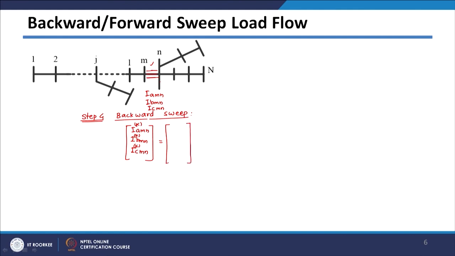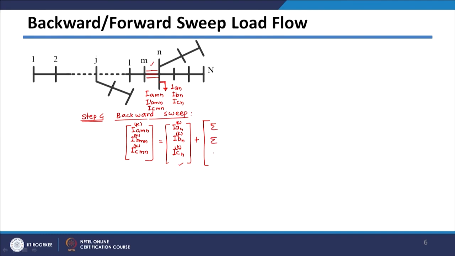so we need to add the phase currents into this one. Again there are 3 phase currents. IAn is the phase current in A phase, IBn the phase current in B phase, ICn the phase current in C phase at the nth bus. So it will be IAn, IBn and ICn, all the 3 currents which are already calculated in this kth iteration. So these currents are already known, plus we have seen that